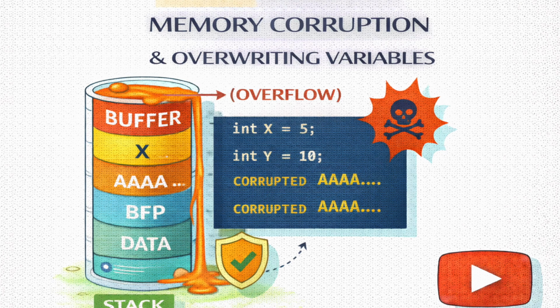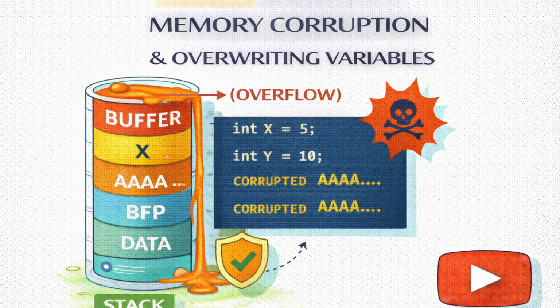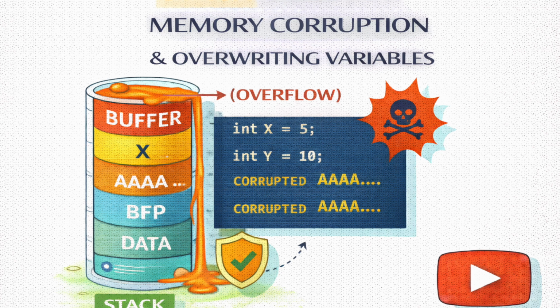Okay. Translate that for me. What does that mean for my spell? Put simply, it's like writing a number backwards in memory. Backwards. So let's say you want to write the number 0x1234. In Big Endian, which is how humans read, you'd write 12, then 34. But in Little Endian, the computer stores it as 34, then 12. That seems confusing. Why would it do that?